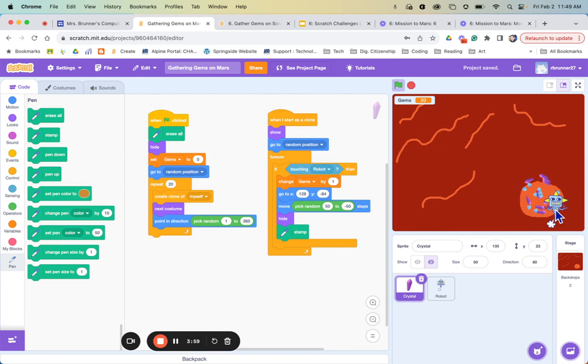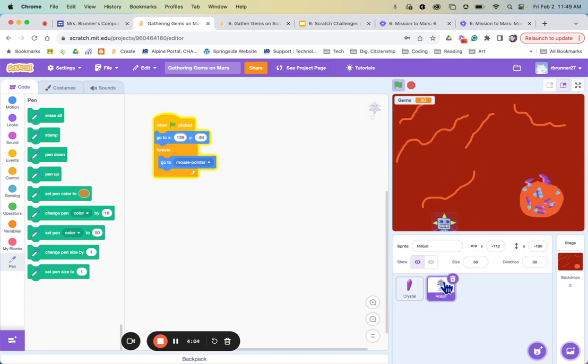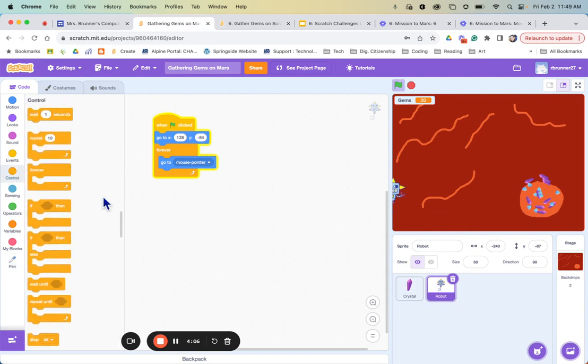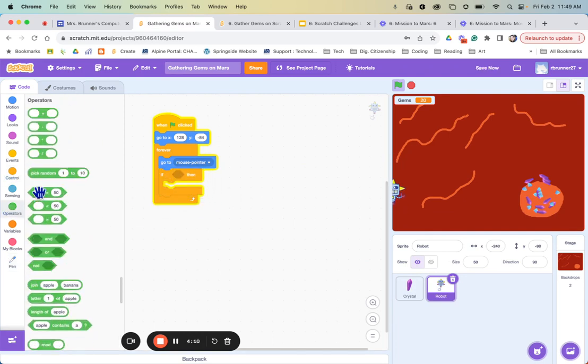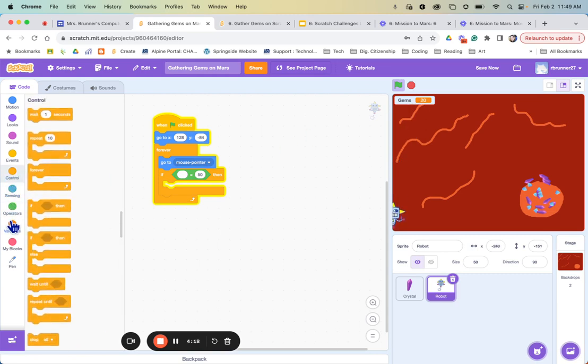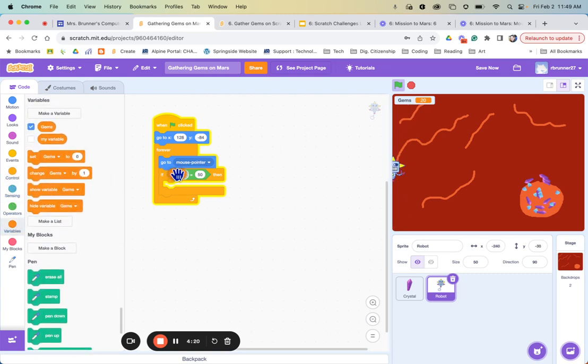Now, how do we know when we're finished? We've got them all there. It says 20. So now I'm going to go over to the robot, and I'm going to add a forever statement, an if statement that says if, I'm going to get an operator, if my score, not my score, my gems, because I named it gems, if my gems equal 20,